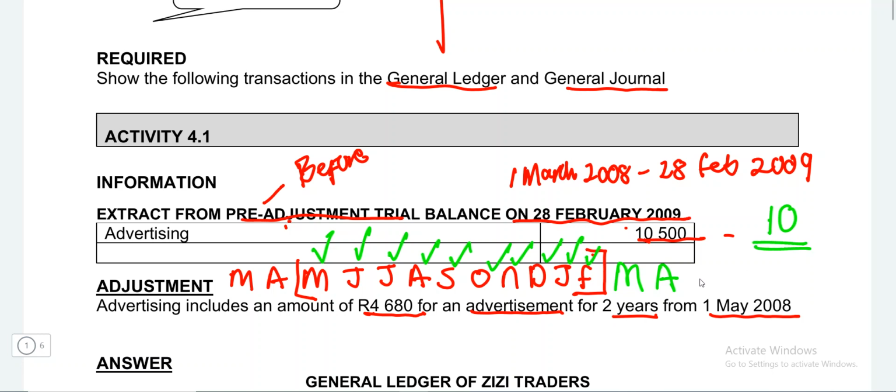But remember, they said we paid for 2 years, and 2 years, we are talking about 24 months. So you take your 24 months, you subtract your 10, you are going to be left with 14. So this tells us that our advertising was paid in advance for 14 months. This is the amount for prepaid, but we don't know exactly what the amount is. So now if I say